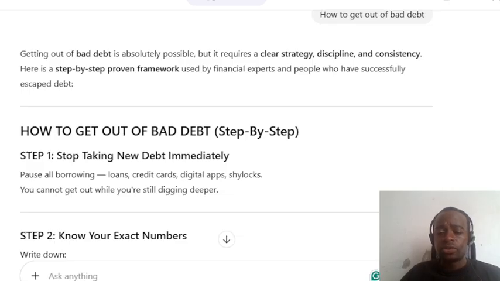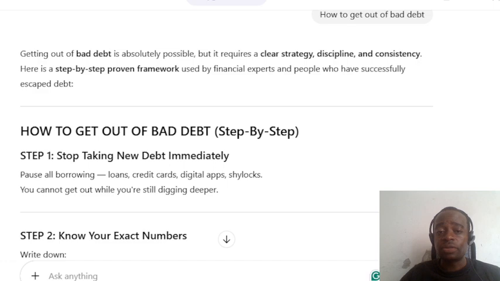All right, so there's good debt and bad debt. It's all a question of the interest rate, the terms and conditions, and how you're going to use that debt. So that is not bad. It's a question of the terms, conditions, and how you plan to use it. So if you're already in bad debt and you need to get out, these are the 9 practical steps of how to get out. And actually, this information is courtesy of ChatGPT. We're using AI to gain information, and I think these are absolutely steps that make a lot of sense.